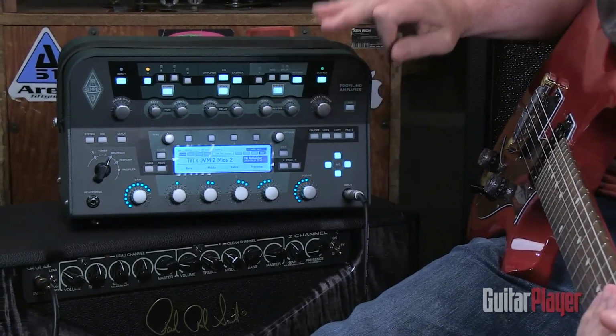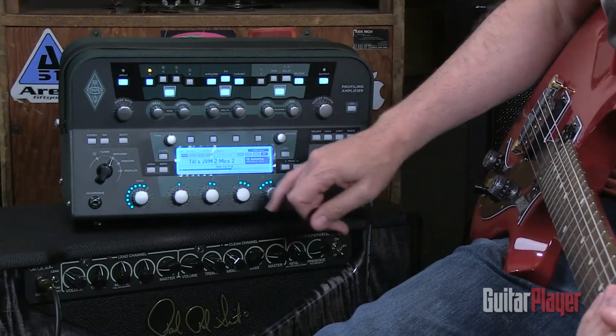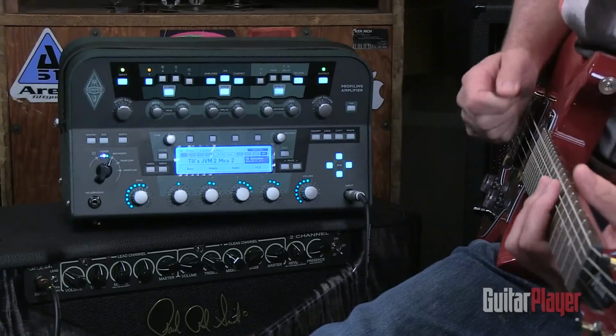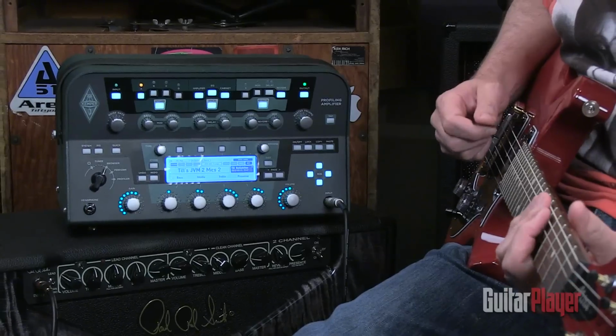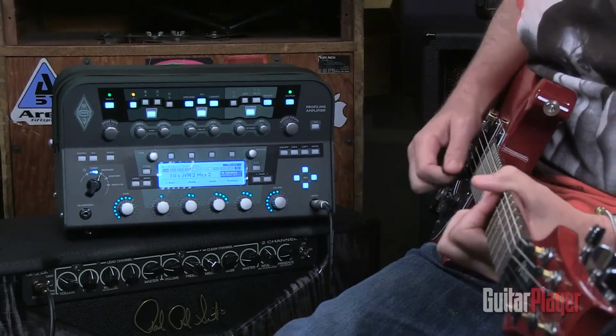Now I find this to be an incredibly versatile profile in here. If I roll back the gain just a bit, I'm going to brighten it up just a hair. Then we still have a really heavy sound, but it's one that is so dynamic I can take it from that tone all the way down to